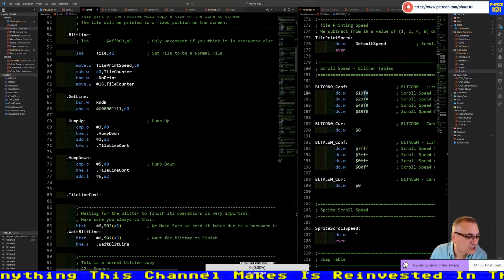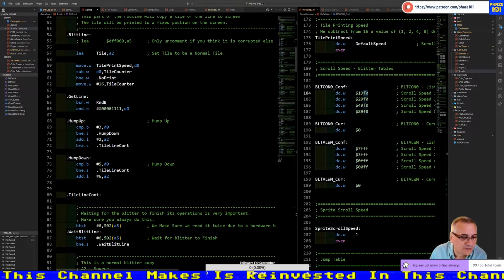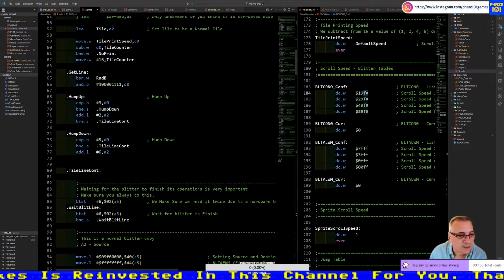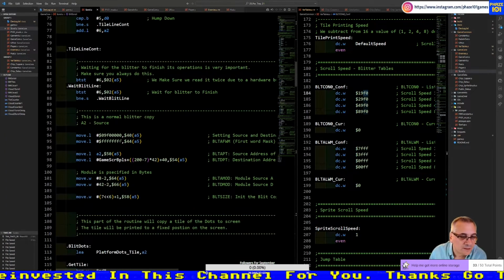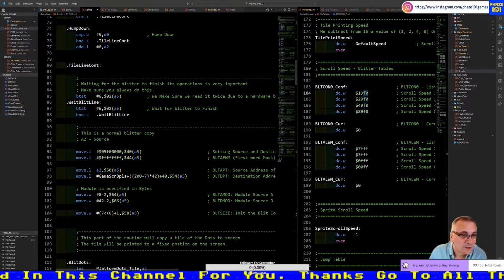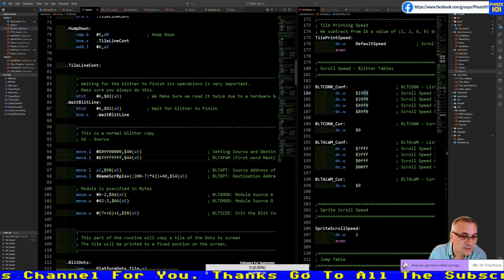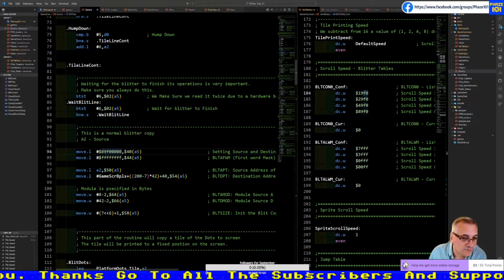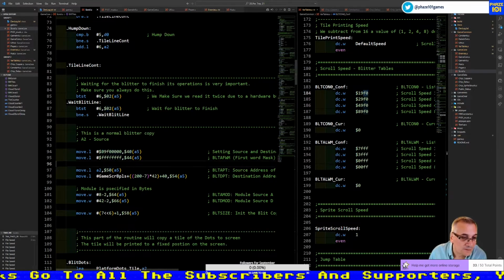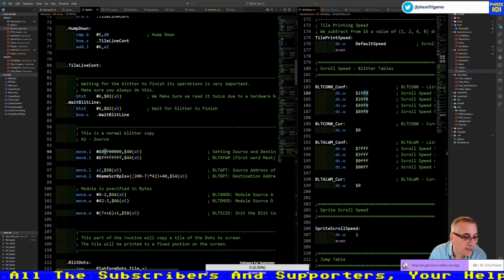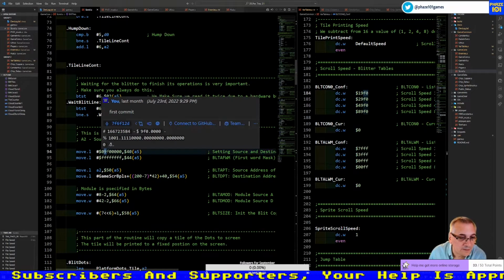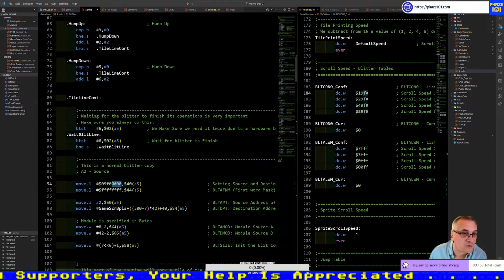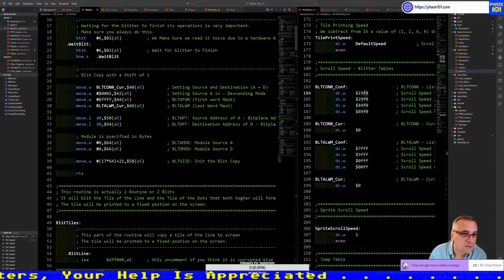So it's checking which tile. This part is just for the tile I'm grabbing, which uses the random routine and gets a random tile. But then we have the same routine that we had before. We wait for the blitter. As you can see here, because these numbers are fixed and I do not have a shift, it's 0, no shift, but channel A and channel D, and min term F0. I am using move long, but it's the same as doing move word.